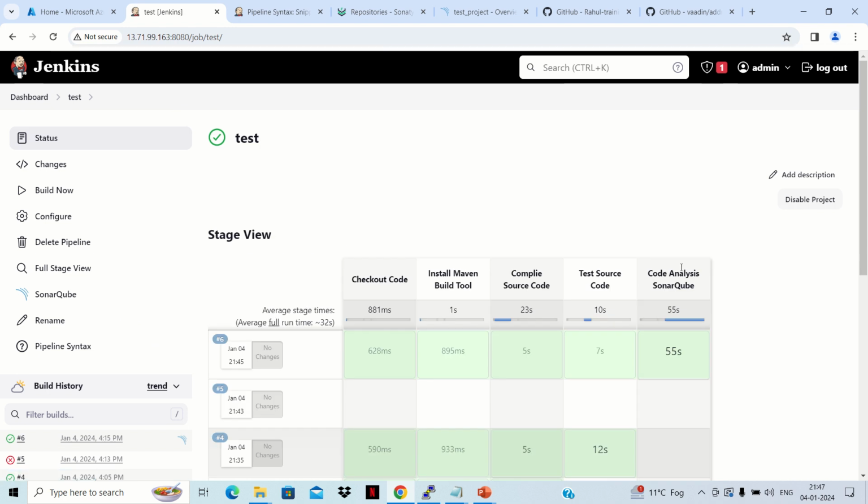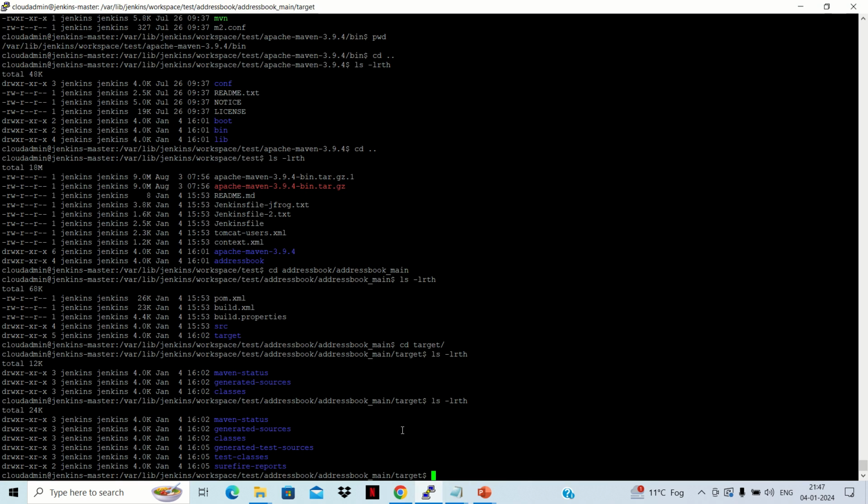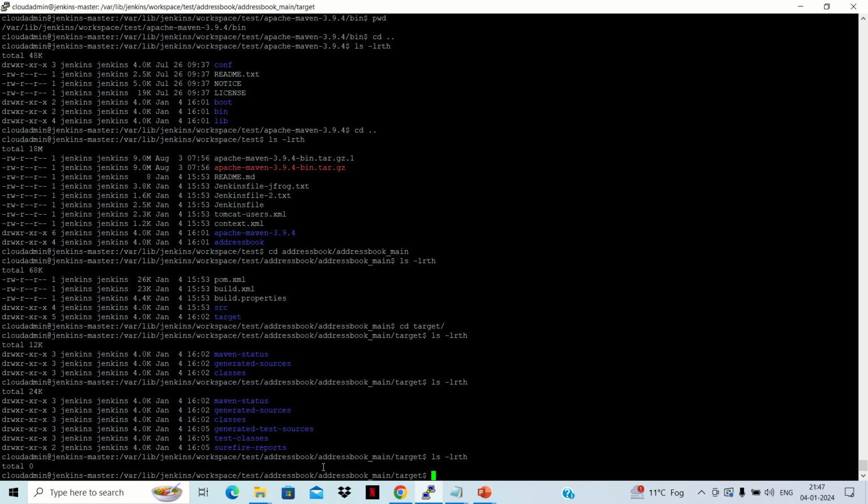After that we'll build our code because it is now successfully done, and now we need to package our code so that we can see whether the war file is getting built or not. Or we don't actually need to do the packaging section here, because the mvn clean verify command already did that packaging piece also. We can verify from here that till now we were having only surefire reports. And if we do ls -lrth, here we'll see that the build is also